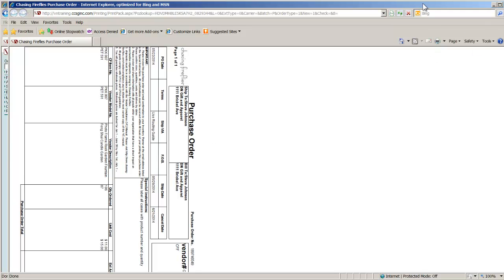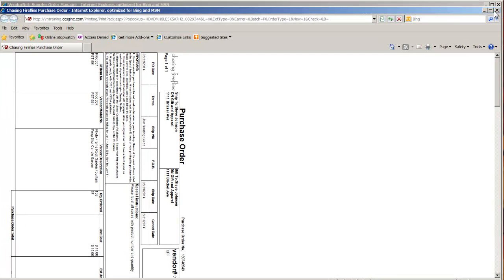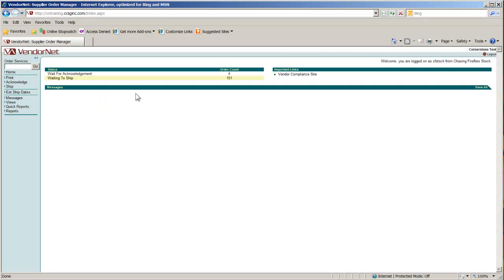So assuming you want to print those, you can. Otherwise, we can just close the window, and that's going to bring you back to this home page here. The next step is to acknowledge the order in VendorNet. So you're just going to see here that it's waiting for acknowledgement. So we're going to go to Acknowledge there on the left,